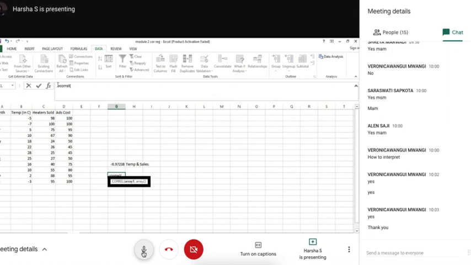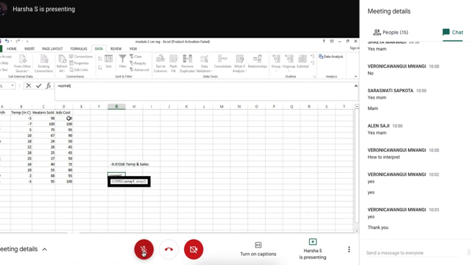If I want to do the analysis of 2 variables, what is the correlation between the heater sold and advertisement cost? Which one is independent variable? Heater sold is independent. Advertisement cost is dependent. Are you sure? No, advertisement cost is independent.